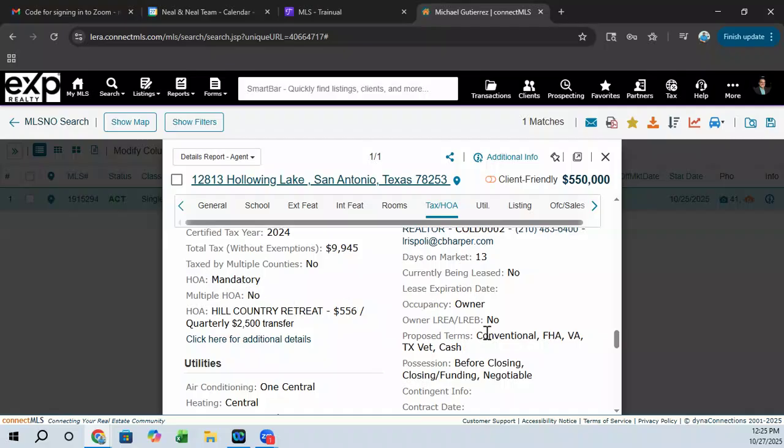Proposed terms: conventional, FHA, VA, Texas Vet, cash. So, of course, knowing where to find this matters. If you have a client that you know for certain has to go VA, and you look at proposed terms and VA isn't listed there, you may want to reach out to the listing agent just to see if they will allow a VA loan. And a lot of times that's going to depend on the condition of the property. So that's just a way to save you some time in the event you don't have to go show a property that you know they wouldn't be qualified for